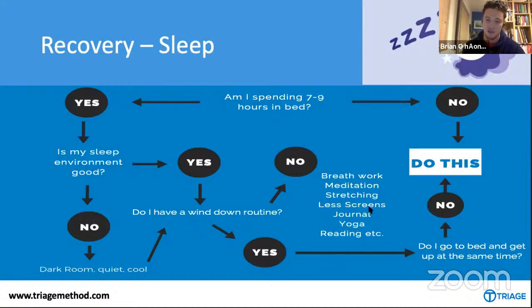Trying to reduce your screen time and artificial light exposure is really important. Journaling, just to get stuff out of your head, can be really, really useful. Yoga, again, has this kind of stretching, breathing component. Reading, and so on. So, as much as you can give to this, if it's 20 minutes, half an hour, perfect. Avoiding super stimulating activities before bed.